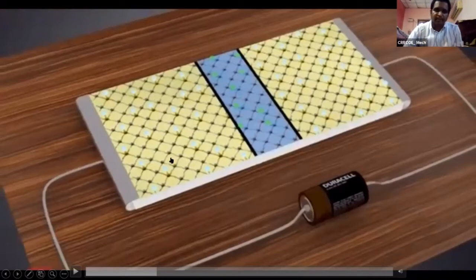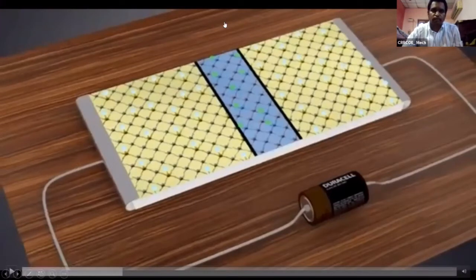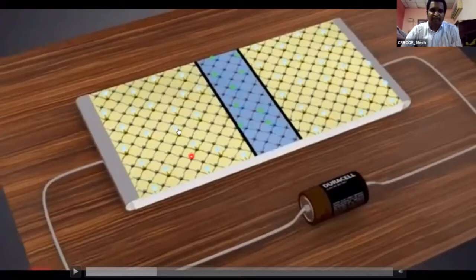This is the emitter region. The width of the emitter region is high when compared with the width of the base region and collector region. This is the collector region, and this is the base region. The base region is very narrow. In terms of doping, the emitter is highly doped. Suppose this is an NPN transistor. First, the emitter consists of many electrons, because it is doped with a high amount of impurities. That's why the emitter has more electrons.